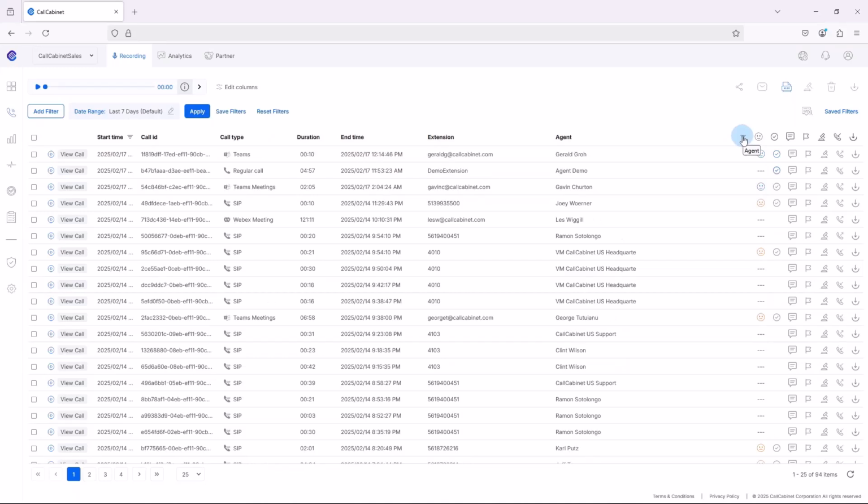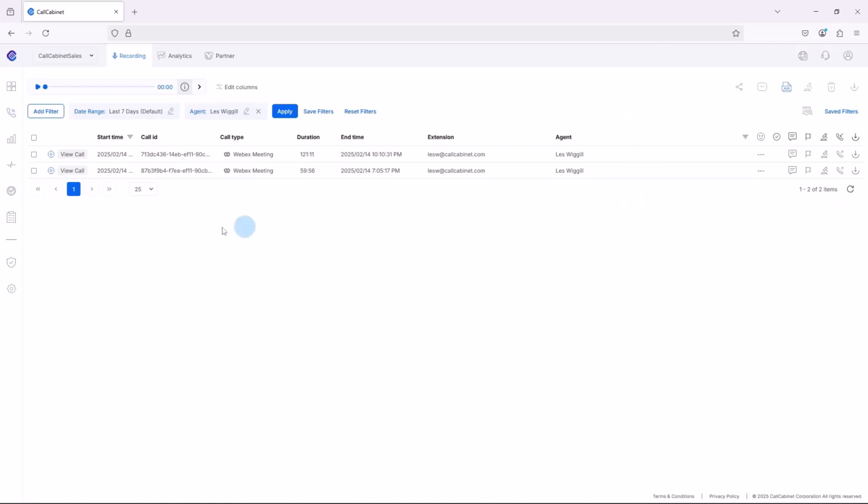By clicking on that filter icon, you will be presented with a drop-down in which you are now able to select the agents that you'd like to filter against. Let's select Les from earlier, click on that, apply the filter by clicking on the filter button, and immediately you will see that your table gets rendered with that filter. Not only that, you'll see all the filters that are in play being listed at the top left-hand side of